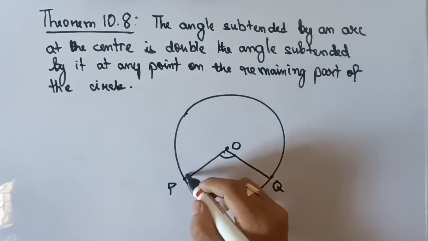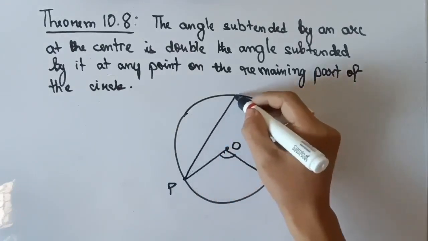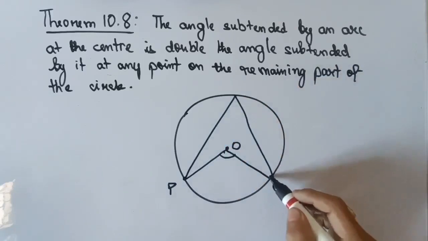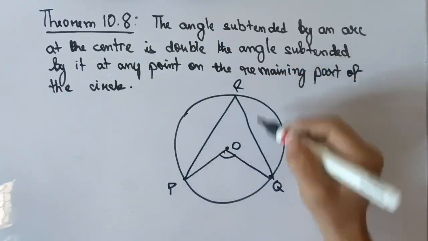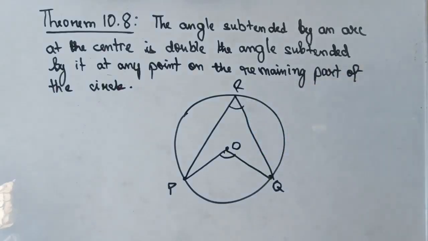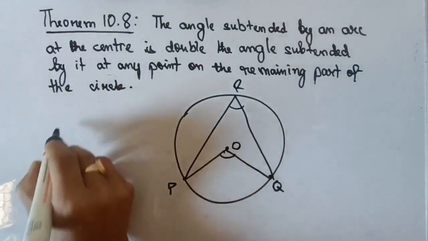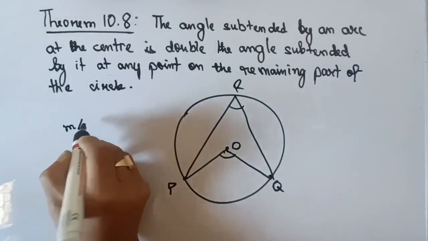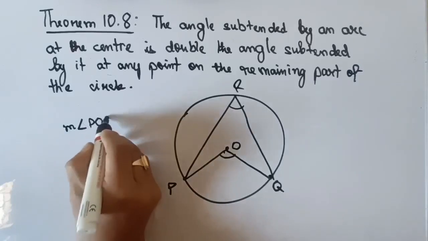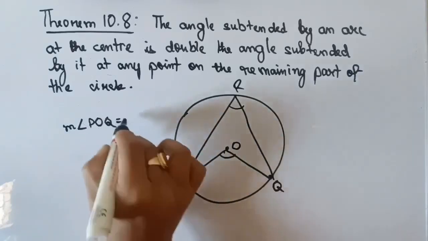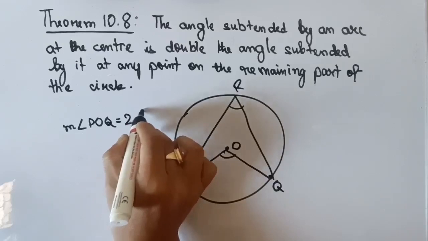So let us say this PQ subtends an angle PRQ on the remaining part of the circle. Then according to the theorem, measurement angle POQ will be equal to twice the measurement angle